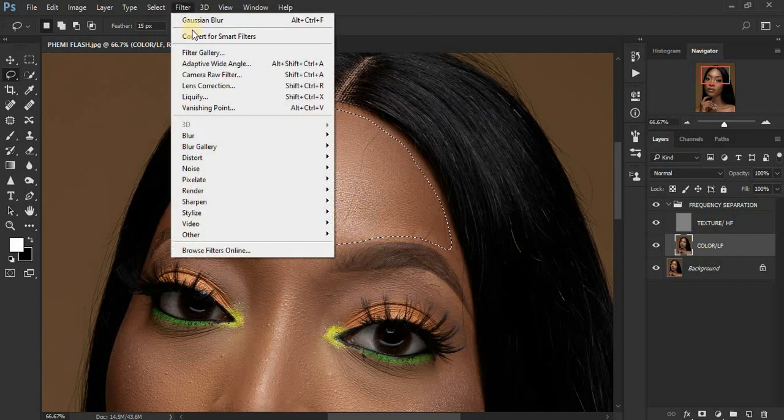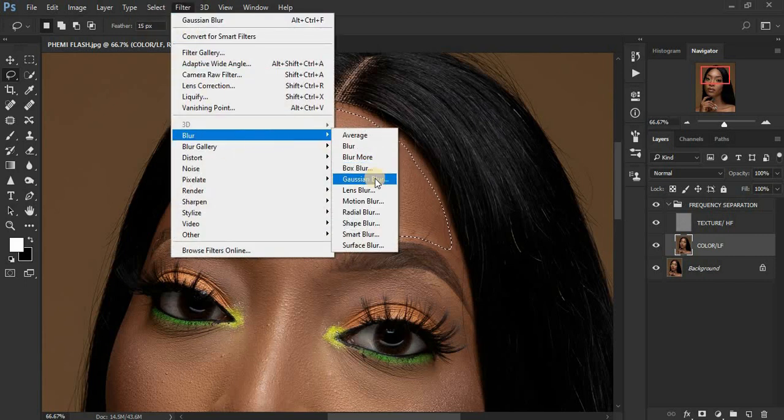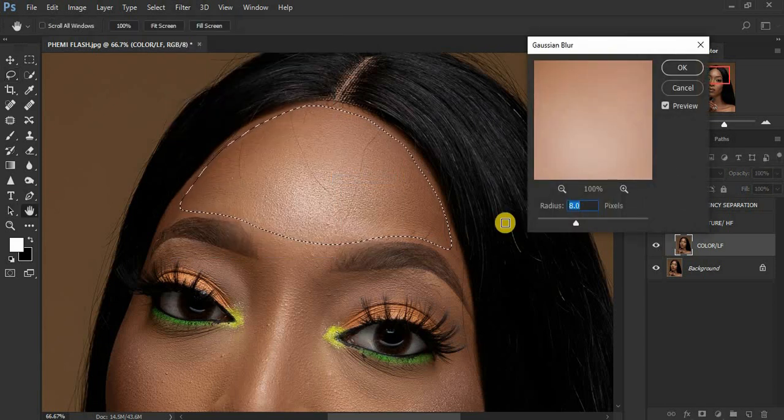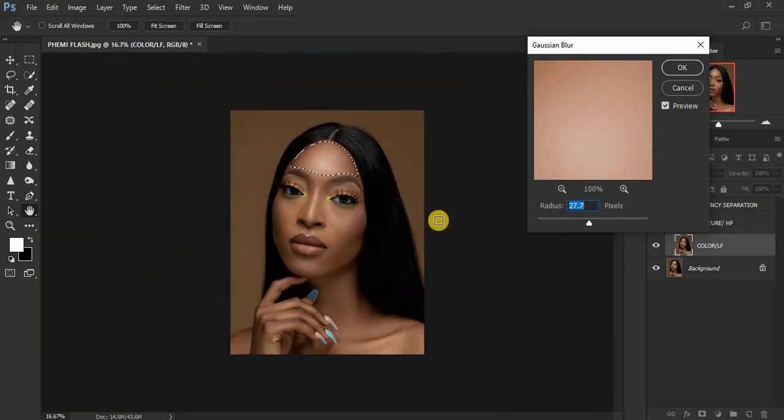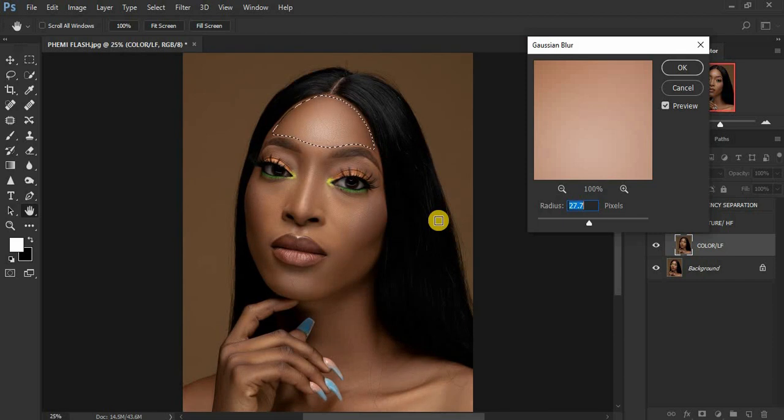So come right here to filter, then come to blur and come to Gaussian blur. So what we're going to do right now, we're going to move this radius until we see the skin tone that really works best for us. So we're going to move this until we can see the best skin texture for this image. So let's zoom out so that we can see the image the way someone is going to be looking at it from maybe their phones or any device they will be using. So let's click OK